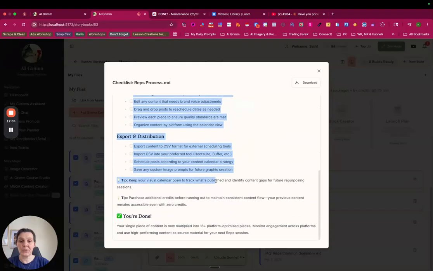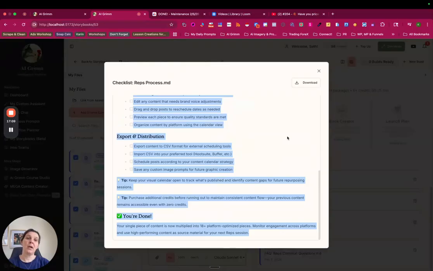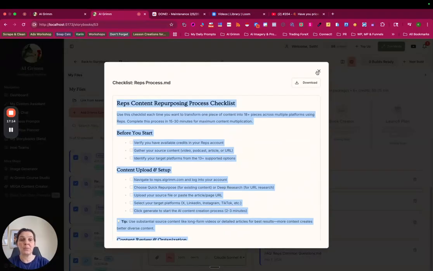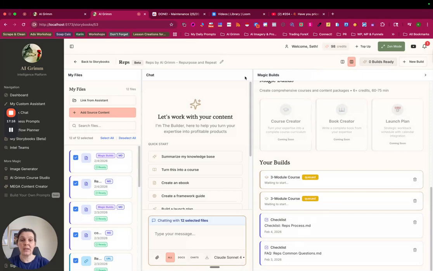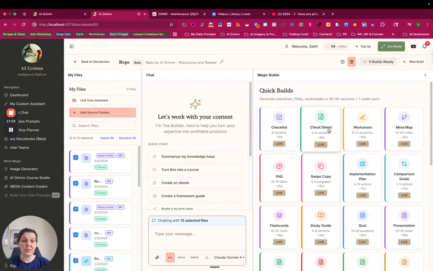So what you can do with this file is easily download it and use it in either Canva or any of your other apps. These are being processed directly in relation to your documents and to your project only. And the checklist or any of these other cheat sheets, worksheets, mind maps, frequently asked questions, swipe copies, implementation plans, all of these have really intense, dense context prompts in the back end,